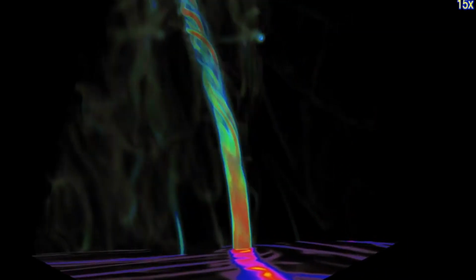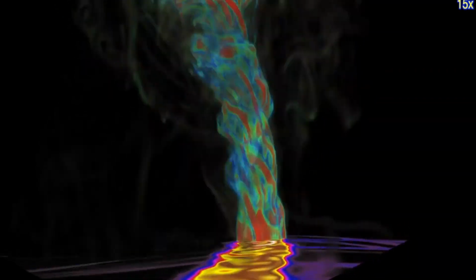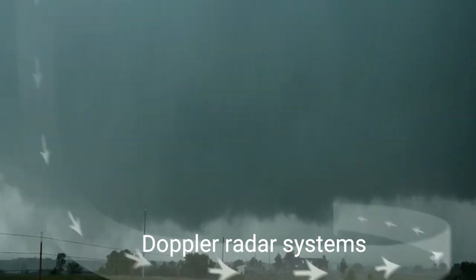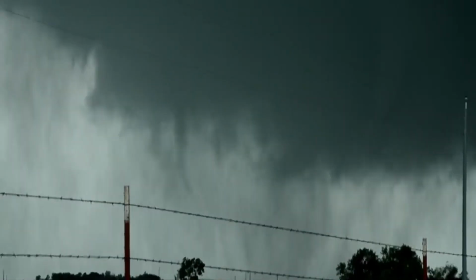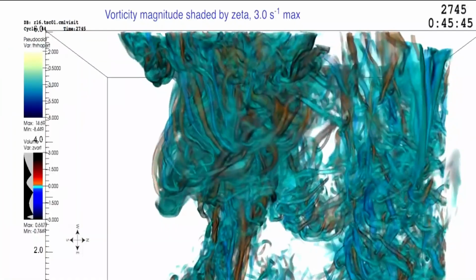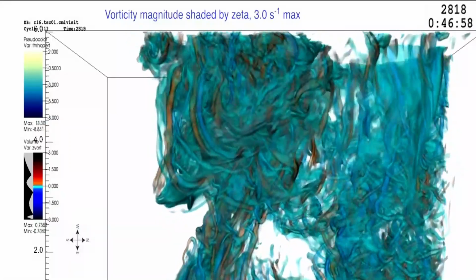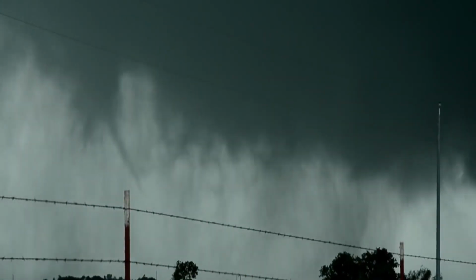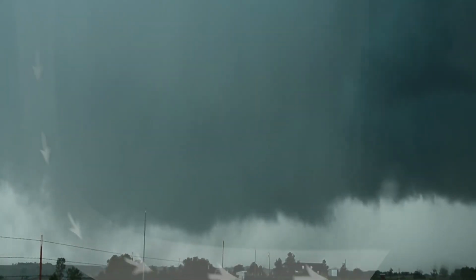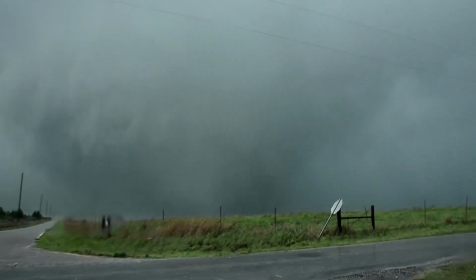The best that technology can currently do to detect tornadoes is to make predictions about which storms are most likely to produce one. Doppler radar systems can detect tornadic vortex signatures from great distances, but they cannot quite tell if a tornado is about to form or if one is going to be created by the particular storm at all. Don't worry, we'll give you some tips on how to stay safe if you find yourself in such a situation. First tip is to try not to find yourself in such a situation, but if it is still going to happen to you, then we have a couple of solutions.